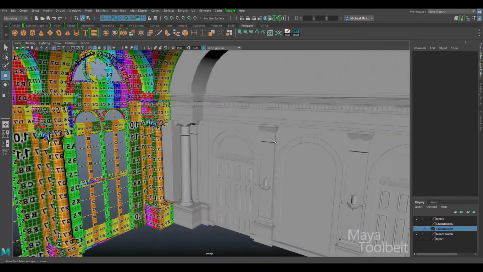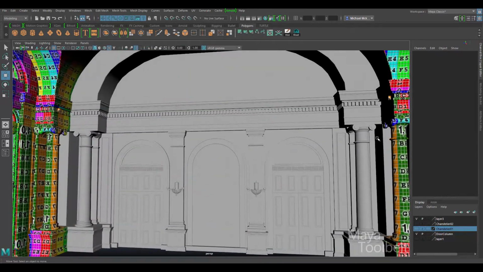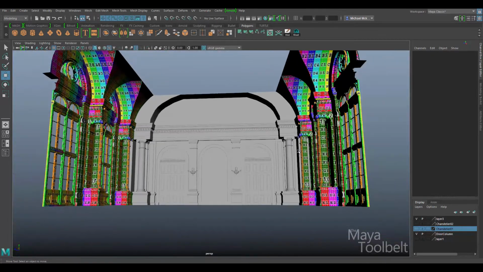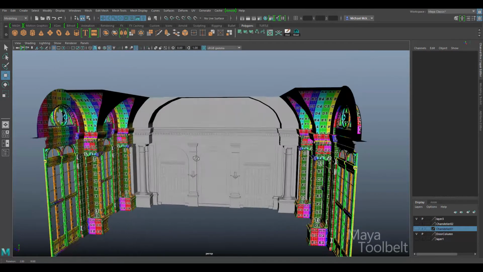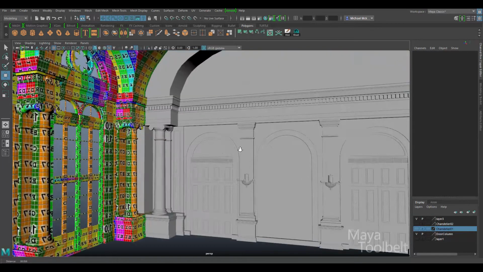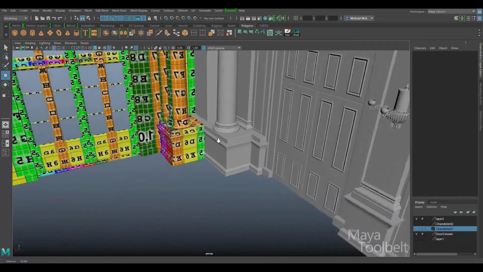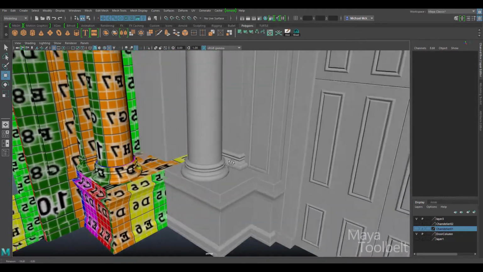Okay, so now what we can do is look at this back wall here. Now this back wall is not a duplicate of the side wall, of course. It is using a lot of the similar elements though that we can try and piece and match together with different pieces of our UV mapped components. So, for example, the columns,